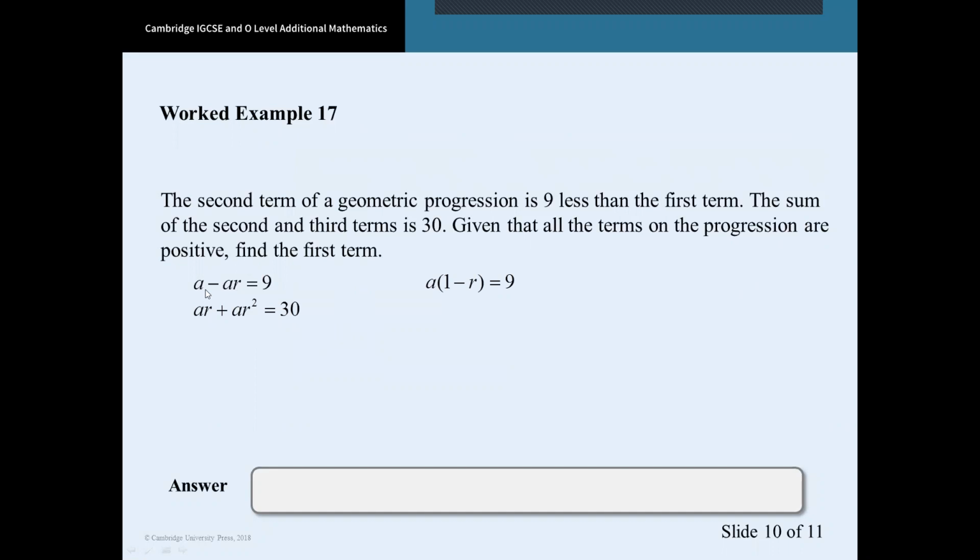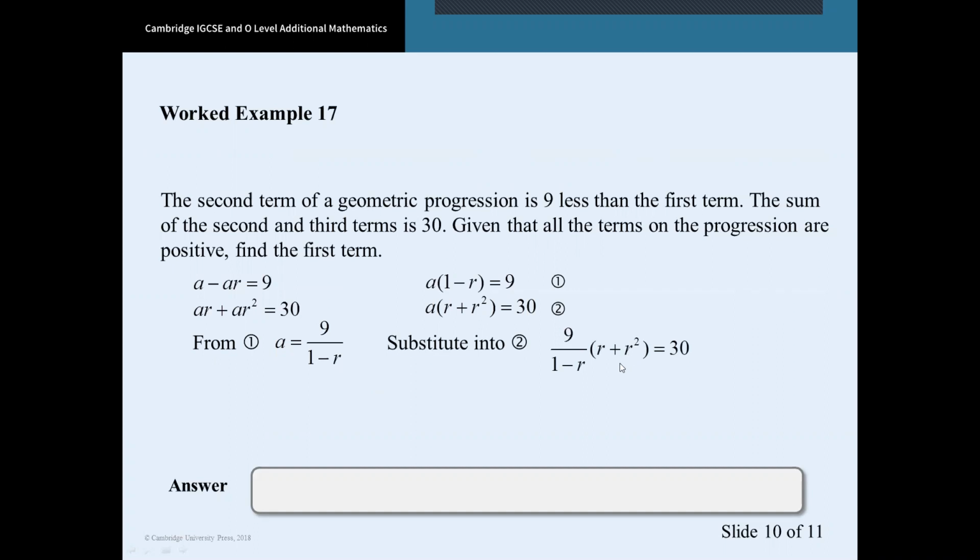So based on the first equation that you built here, you can take out the common factor, which is a. The second equation, same as well, you can take out your a. Let them be equation 1 and equation 2. So now, from equation 1, you have a equals to 9 over 1 minus r. Okay, now substitute this into equation 2, you get 9 over 1 minus r times r plus r squared equals